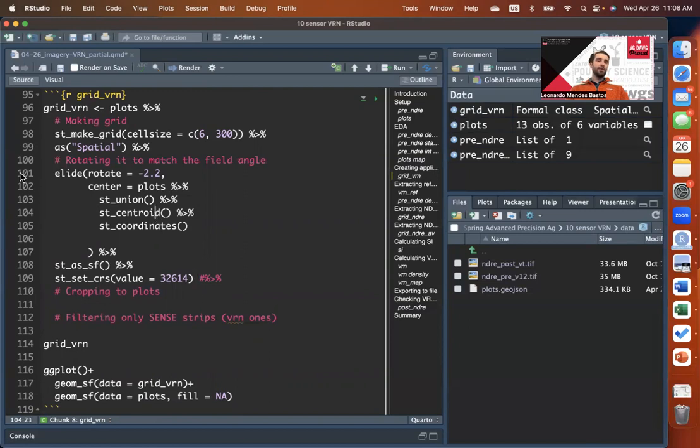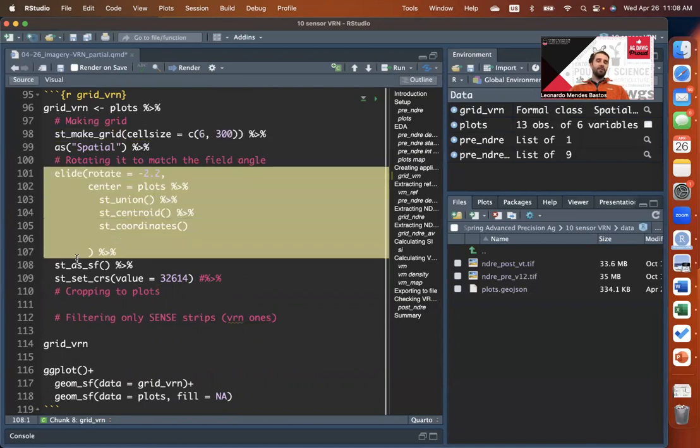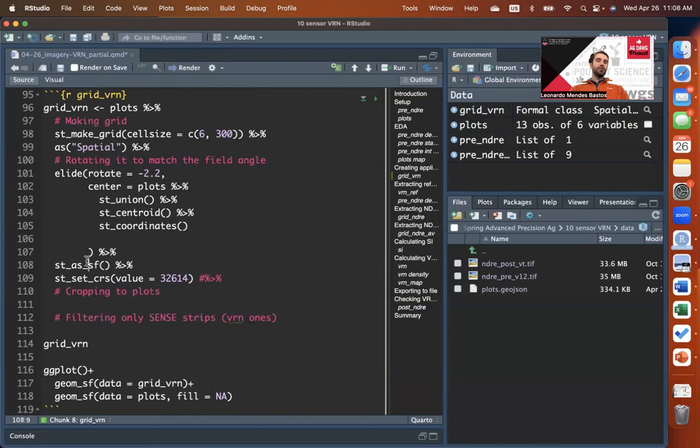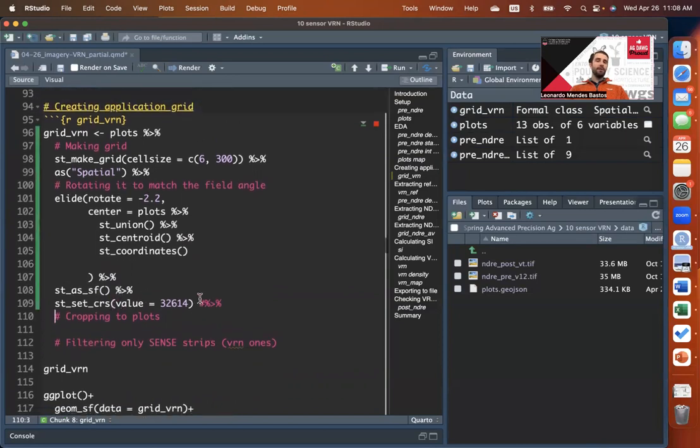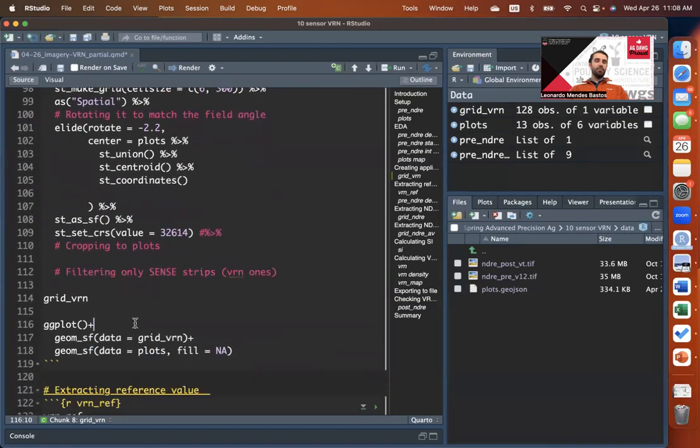So we're basically transforming. We start with plots, we make a grid based on that plot. We rotate that grid to match the rotation of the plots themselves. We transform that back to sf and we set a CRS. So if we stop right there, make sure you add a hashtag there before that pipe. If you run it and now we plot it,